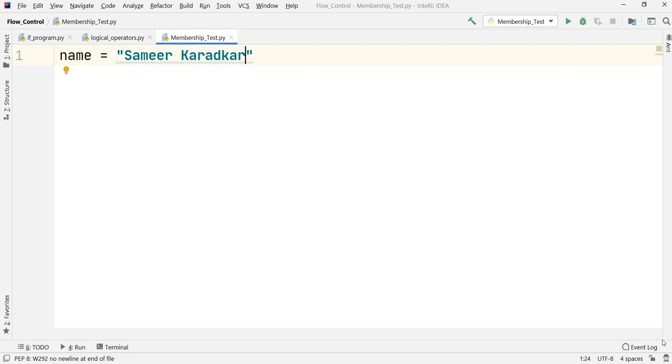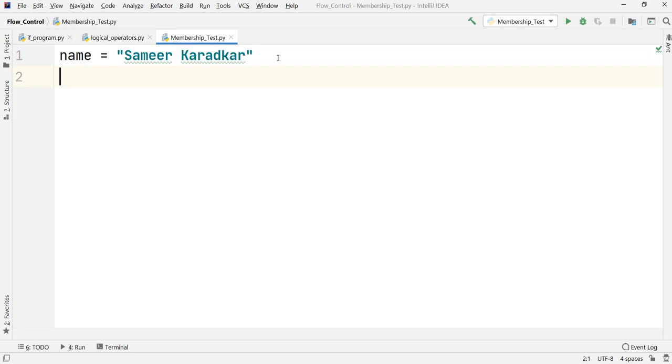Okay, so where do these operators come into the picture, or where can we use them? In this name, suppose I want to check whether this M letter is in it. You can observe here that this string has this M letter, but suppose I want to check whether the whole string contains the letter M. There is one operator that we can make use of for that, to check whether the whole string contains that letter M. So how can it be done?